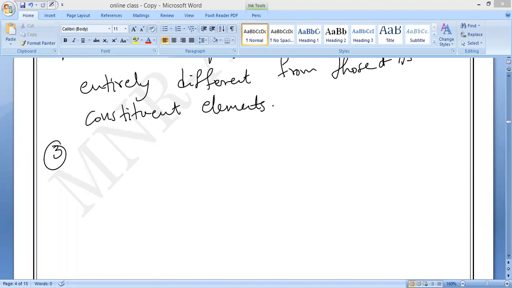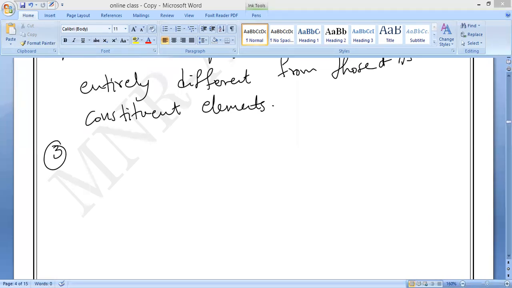Once the reaction starts, what will happen? A huge amount of heat and light is produced during the preparation of the iron sulfide compound. When I was teaching first year in our school, two years before 2019, I showed this to the students in the lab. I took the mixture of iron and sulfur and burned it. It produced a lot of heat and light energy. So from that we can say energy is released while we are making the iron sulfide compound. Is it correct or not?